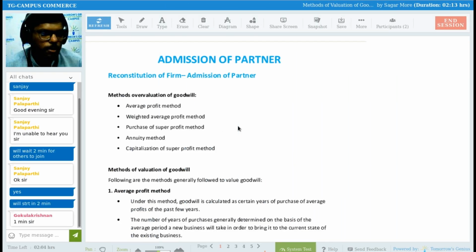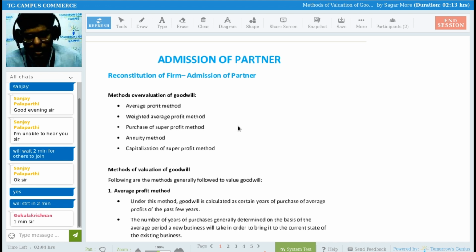The value of your name, fame and reputation, right? Sanjay is doing business for the last 50 years. So it means Sanjay's business has name, fame and reputation in the market, right? People trust him. That's why people have been buying goods and services from him over a period of 50 years, right? So that name, fame and reputation, in terms of value, in terms of rupees, is nothing but goodwill,